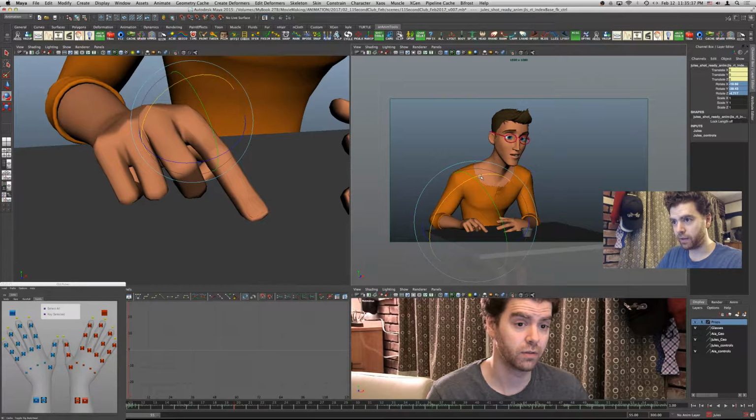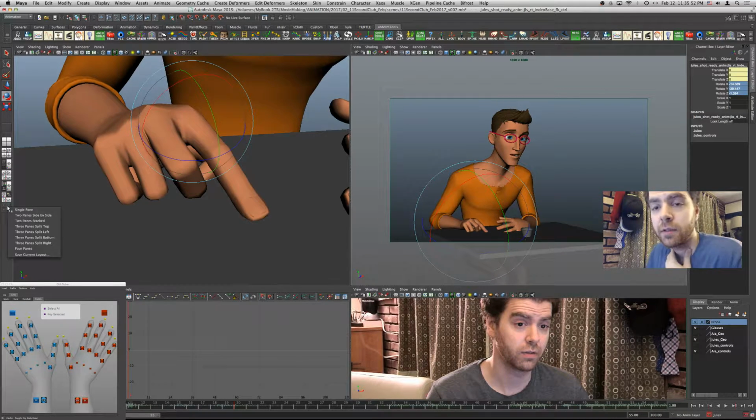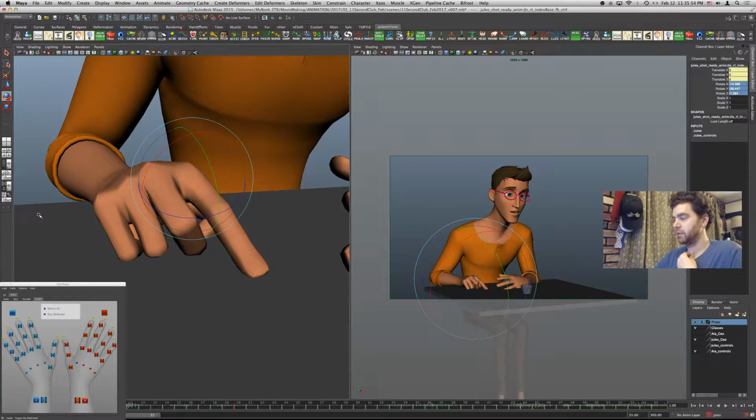Trying to find that balance between what looks good in render cam and what looks good in the perspective view. It's funny, I got this frozen picture of me down on the bottom here. I could make this a 2 up. Let's do that. 2 panes side by side. That's a little bit better, right?